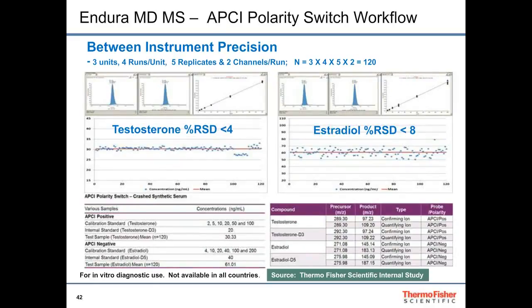After demonstrating reproducible quantitation of positive and negative analytes from replicate injections using the heated electrospray ionization or HESI probe among 3 different Endura MD mass spectrometers, we switched ionization sources. I mentioned earlier that atmospheric pressure chemical ionization, or APCI, is most often used for analytes that are not already ionized, such as many steroids, as long as they are thermally stable at the temperatures used in the mass spectrometer's ion source. Using testosterone as our test analyte for positive ion transitions that you see here,